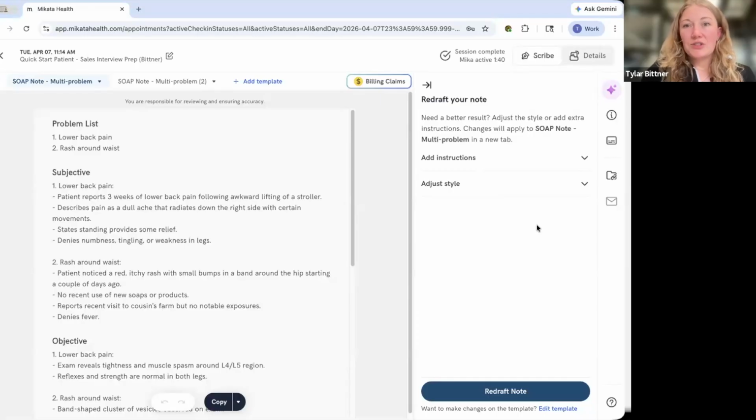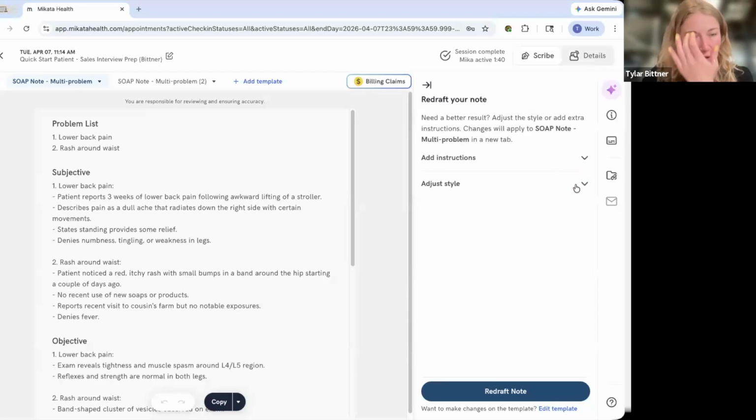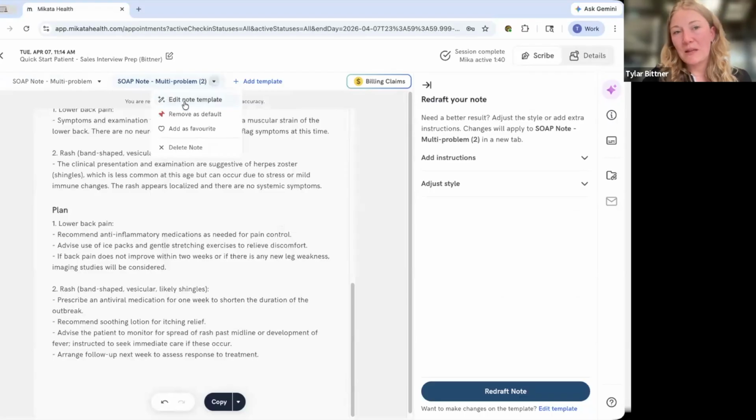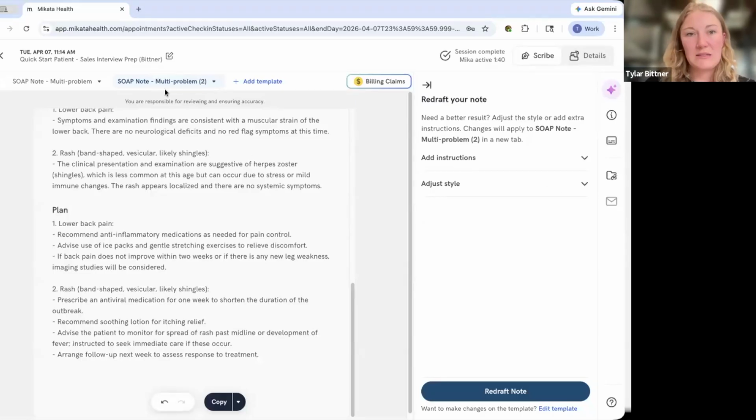So that shows the additional style adjustments within your one note output. So this was a question that we had. Our viewer was ahead of me by a couple of steps, but now what I'll do is I'll show you how to edit your template for every use moving forward. So for those of you that are familiar, any instructions that you did previously or now moving forward in the note itself will only be for this one appointment.